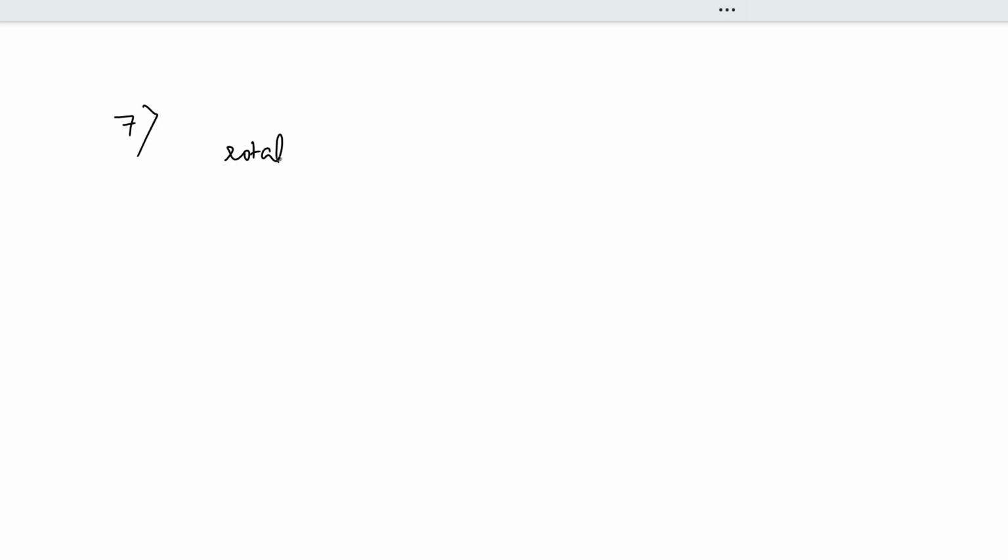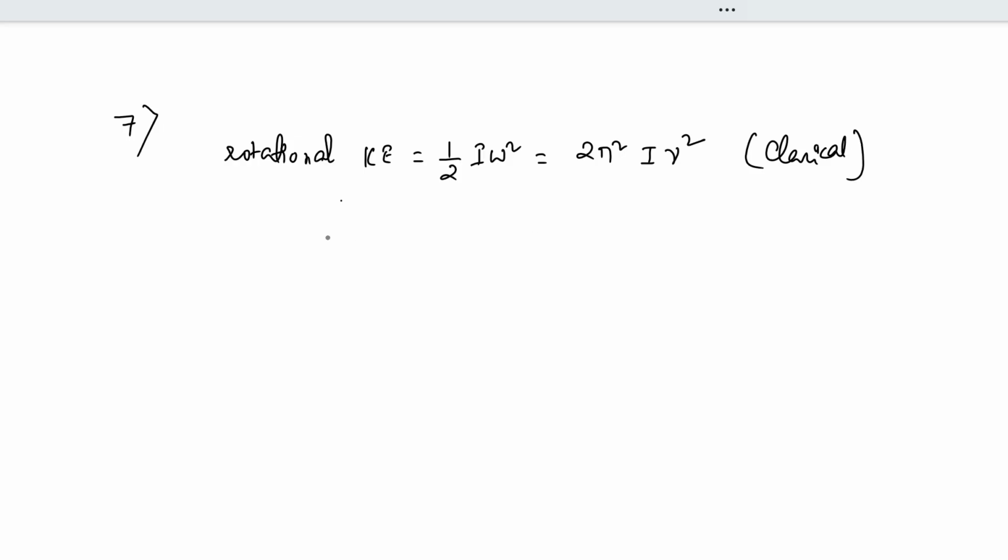So for the classical case, the rotational kinetic energy is the only energy mentioned in the problem. So half I omega square is the rotational kinetic energy formula, which is given in the question as 2 pi squared I nu squared. So nu is basically the frequency or number of revolutions per second. I is the moment of inertia which is present on both sides. So that is there. Now this is the classical case, but to connect it with quantum mechanics,